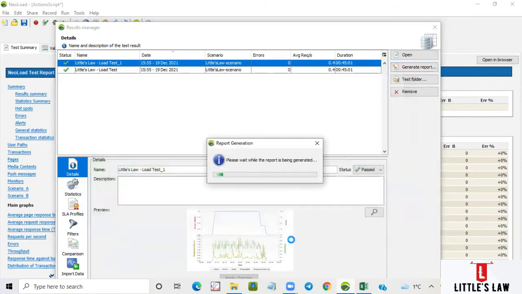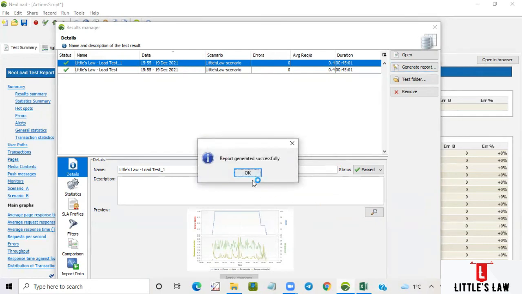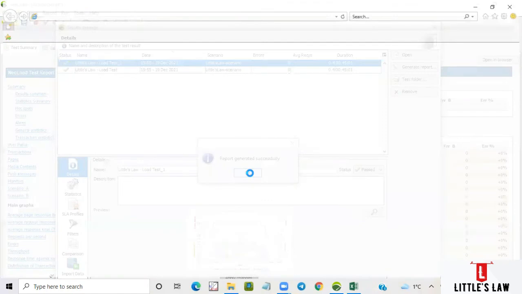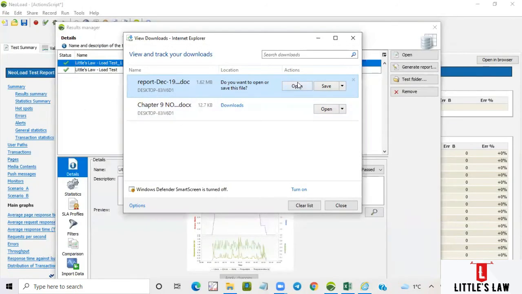Let me click on finish. So the report is generated successfully in the location that we wanted. We can open it here once we want it.